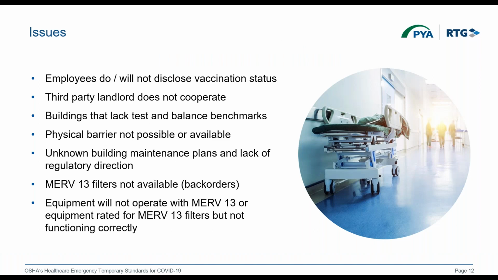So we'll talk a little bit about the issues that I think are relevant, and I'm sure there are many more, but these are the ones that we're faced with every day. The first one is, as we think through these exceptions, I talked about them a minute ago: what are the things that would help me opt out of the ETS? One of those requirements is you have to be able to identify that your team is vaccinated. That's already a challenge across many of our organizations. If your employees do not or will not disclose that status, it makes it very difficult to begin to meet the exception standards that OSHA has provided. Now, I believe that a lot of these standards really are put in place to help motivate us all to move towards a vaccinated employment base,